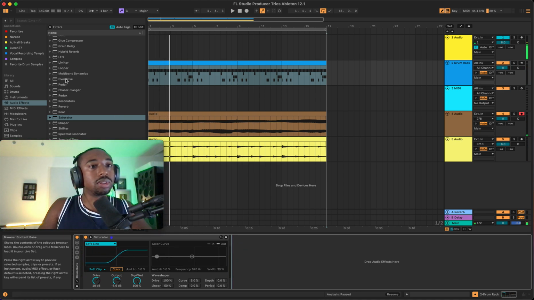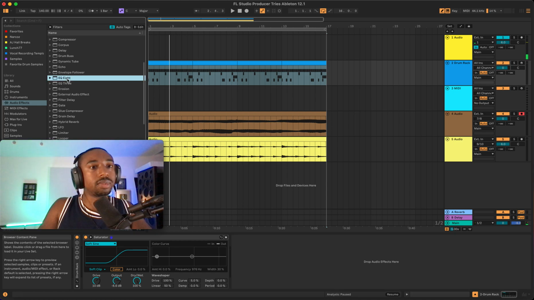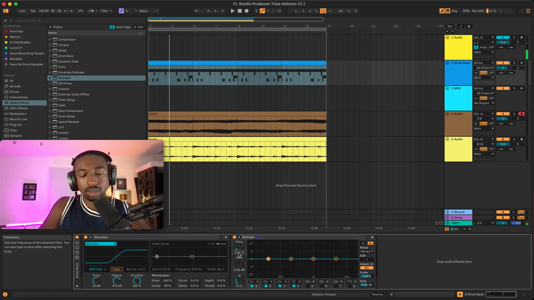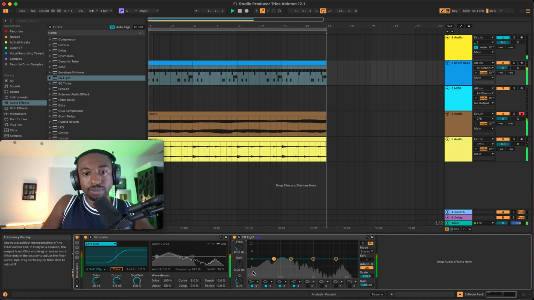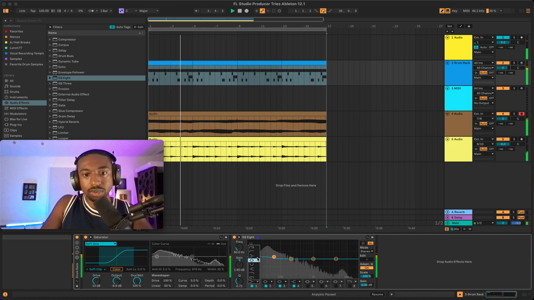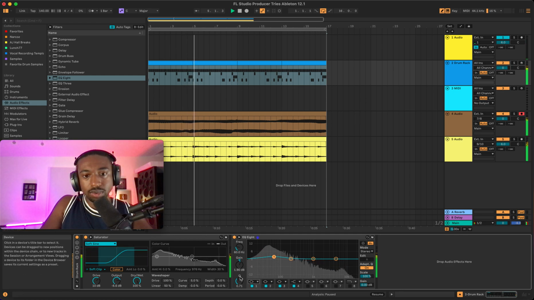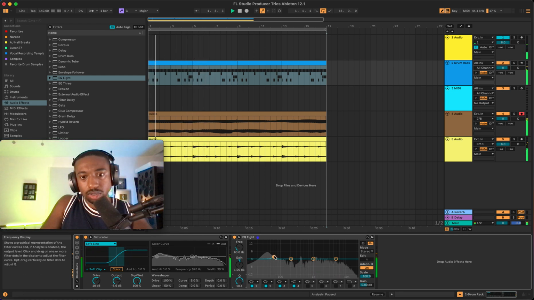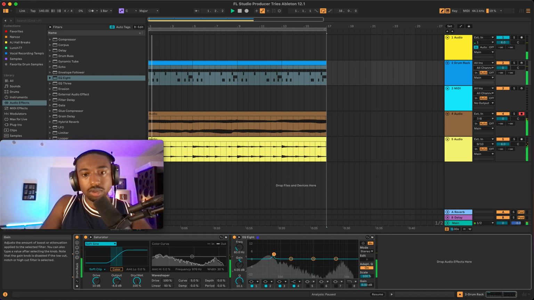Let's add an EQ. Let's just boost up the lows around 60 or 75 hertz specifically. Let's boost this like 2 dB. We're gonna make it a bell curve with the small bandwidth. So it looks like it's more towards 60. Let's boost this a little bit more.